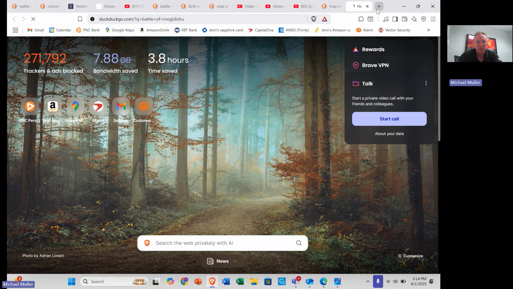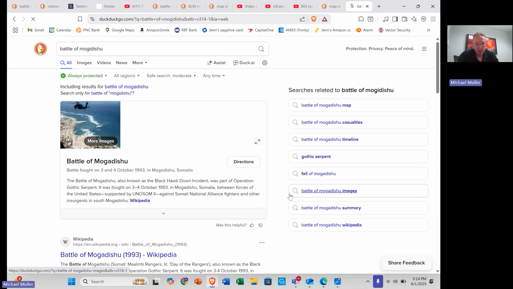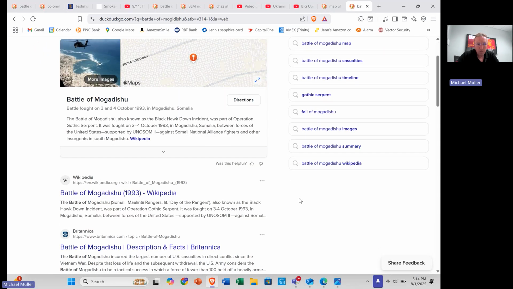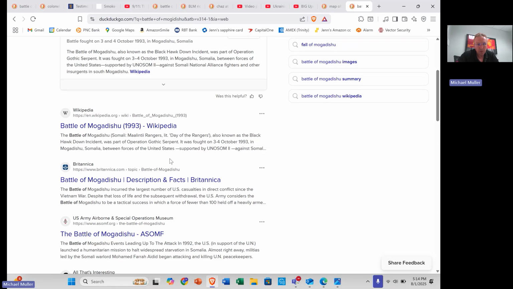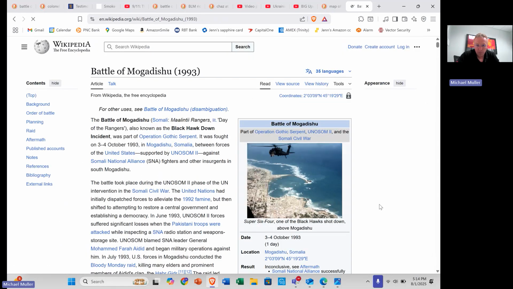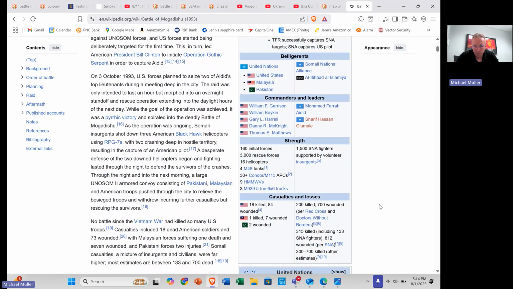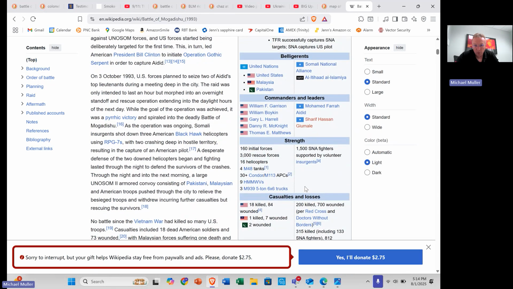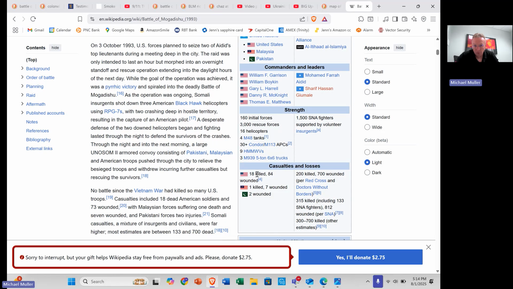But we inflict thousands of casualties, which actually speaks well to our capability, quite frankly. Let's see what we'll go with from the leftist media. Anything in Wikipedia is usually not very reputable, but for a casualty list they'll probably be okay. So there's 160 forces for the U.S., 1,500. We took 18 casualties. That was close. They put the enemy dead at 200 and wounded at 700.